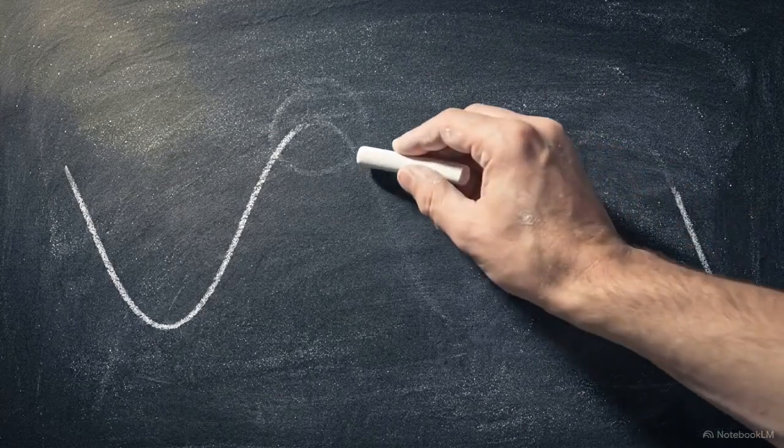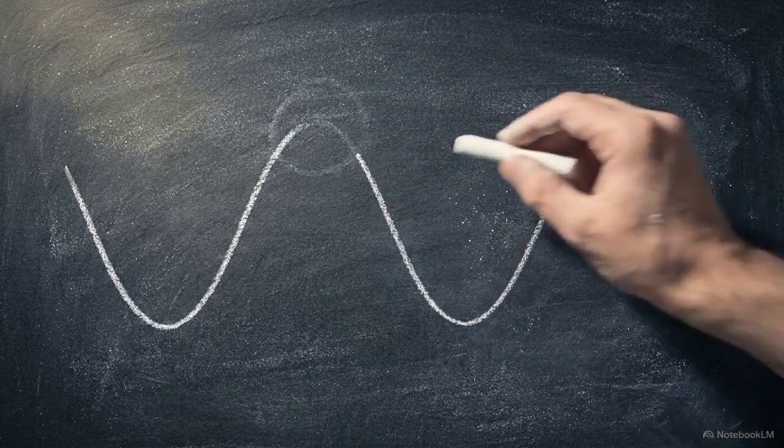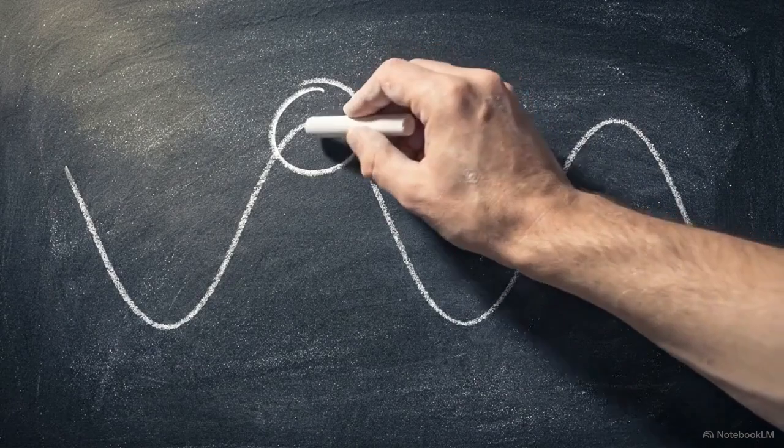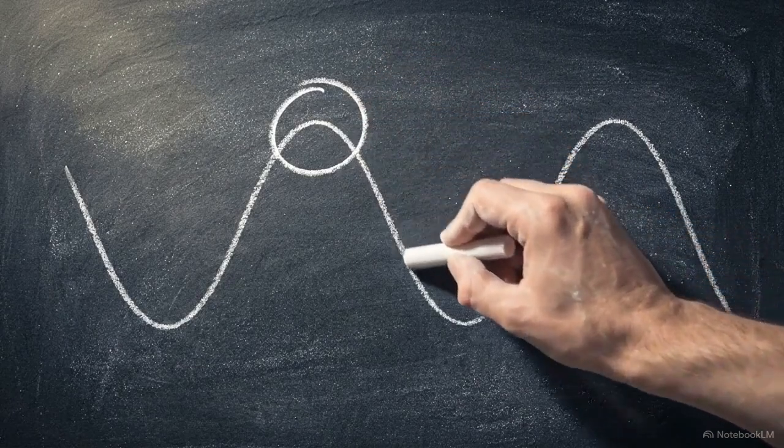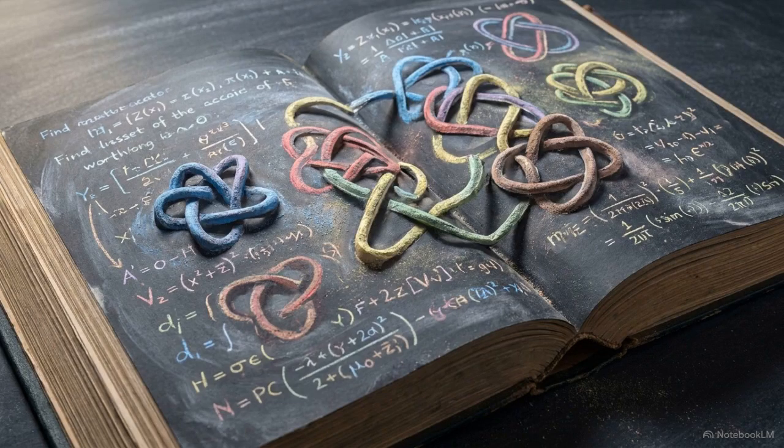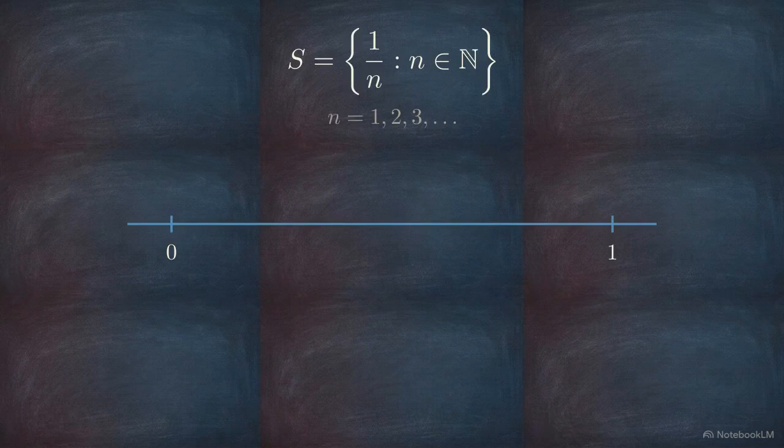When you first learn calculus, analyzing a function usually comes down to finding its highest and lowest points. You look for the maximum and minimum. But as you move into the more rigorous fields of real analysis and topology, relying on maximums and minimums breaks down completely. This number line plots a classic test case, the sequence generated by the formula 1 over n, where